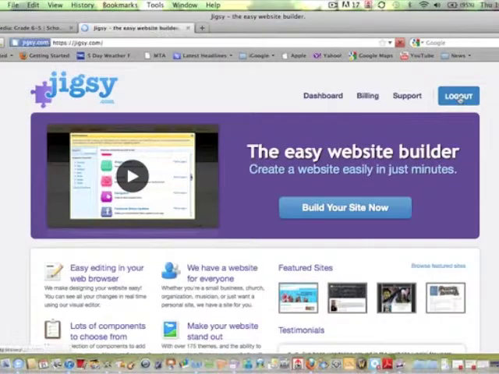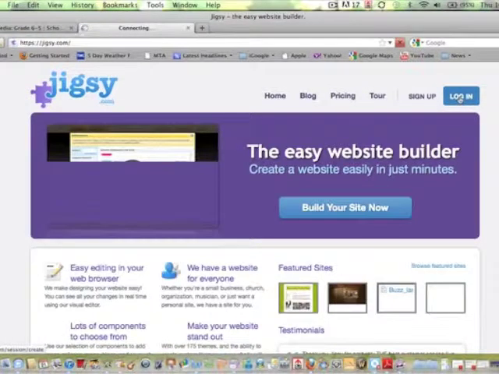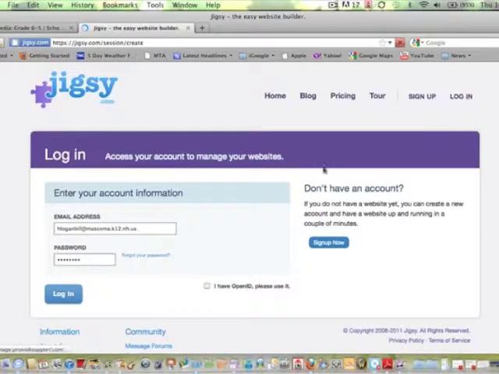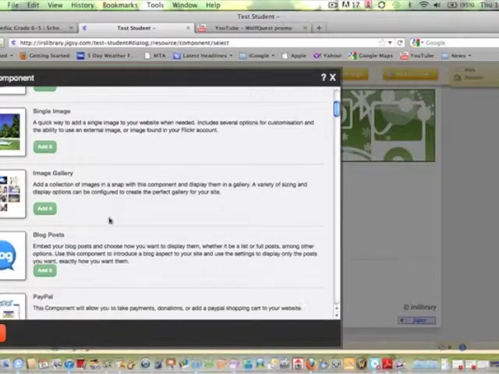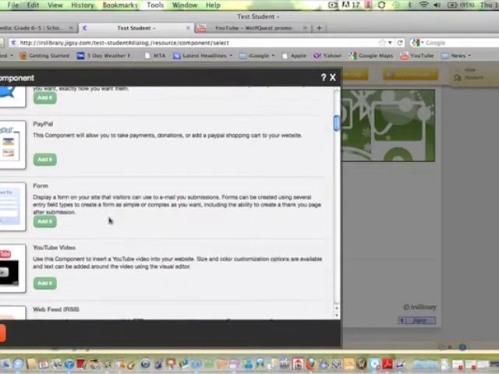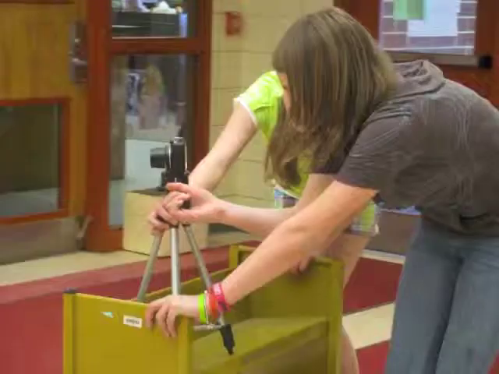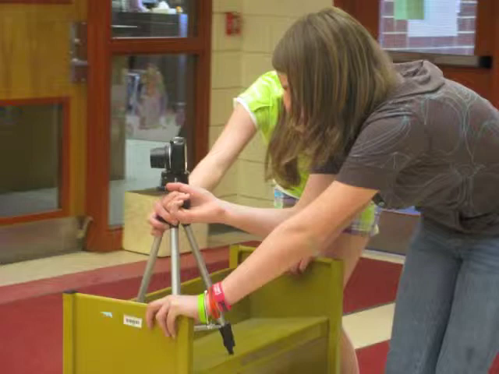Their page is going to go into Jigsy, which is a very easy website builder, and I think they're going to really enjoy it. The pages come with placeholders where they can put in their media assets, and they can move them around however they'd like. There are lots of gadgets that they can use and put in, like a YouTube player,